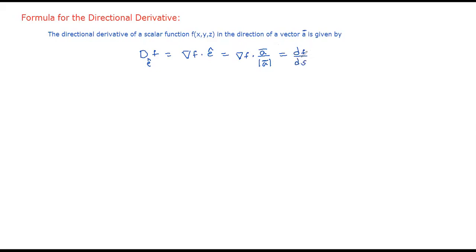Okay, so in differential geometry you will be denoting a directional derivative like this, df by ds. This is the formula to compute the directional derivative of a scalar function. To compute it we require two things: the scalar function as well as the vector of direction. Why do we want a vector? Only a vector will give the direction. So using the scalar function and the direction, we can find the directional derivative of the scalar function.